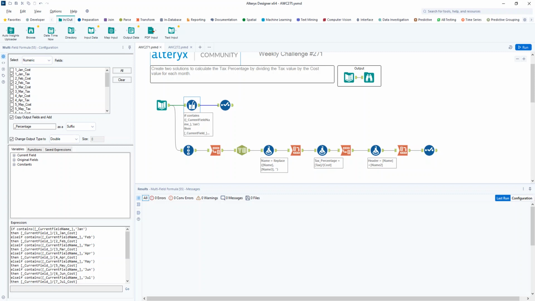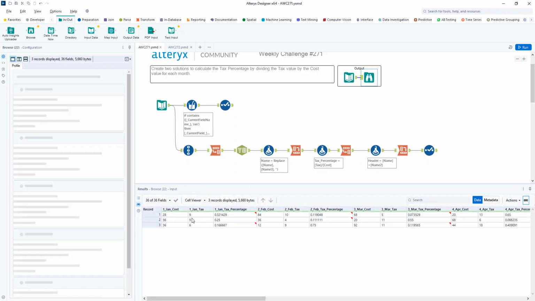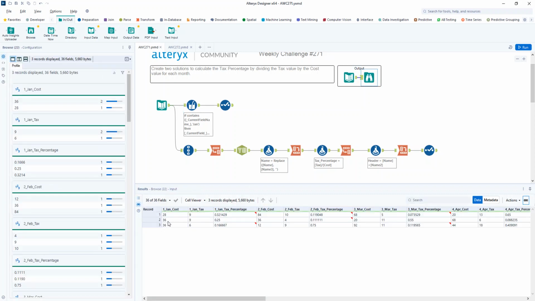So what we're looking to get out of this is our tax percentage, if you see that here, so our tax divided by our cost, but for every single month. So we could just use a formula tool and write that out 12 different times, those 12 different formulas,